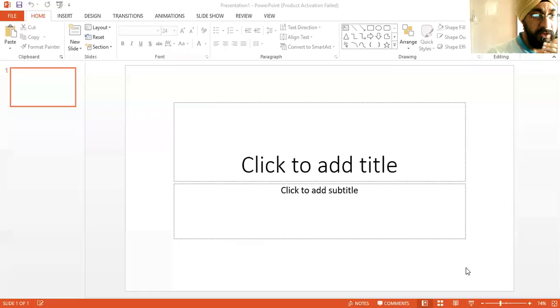I'll be demonstrating everything on the PowerPoint presentation, and then I would be sharing with you a poster at the end of the session, which I would not say is ideal, but to an extent it lets you know how we can proceed ahead with the presentation. So we start with this particular session where all of you are already familiar with what a PowerPoint presentation looks like. So I'll be talking about this PowerPoint presentation.